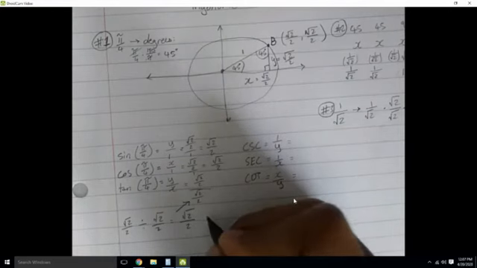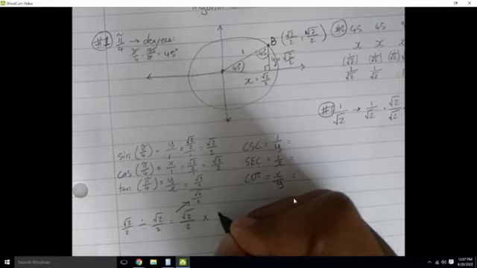We can say root 2 over 2 divided by root 2 over 2, which is the same as saying keep it, switch it, flip it, whatever the saying is. You change it to multiply,